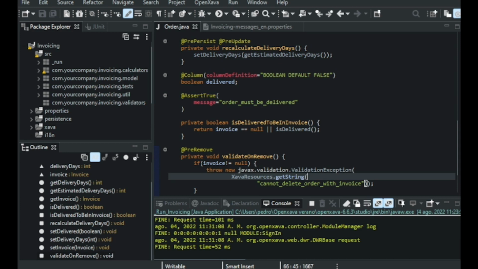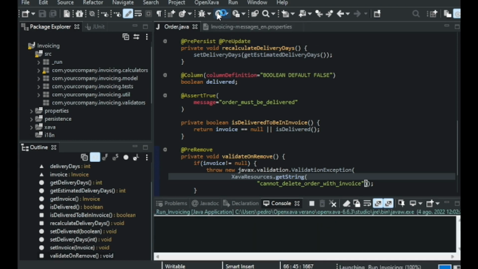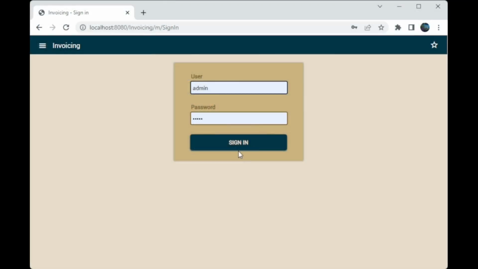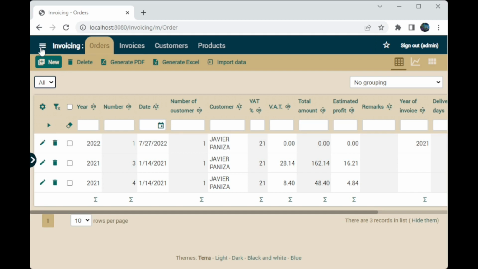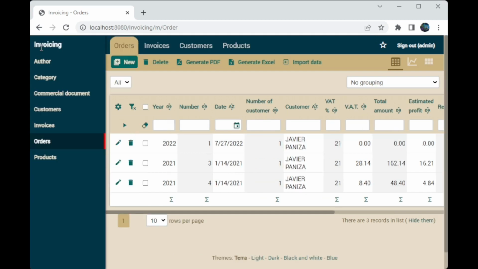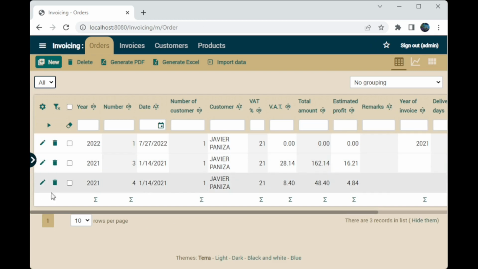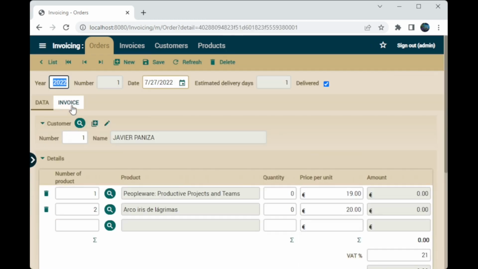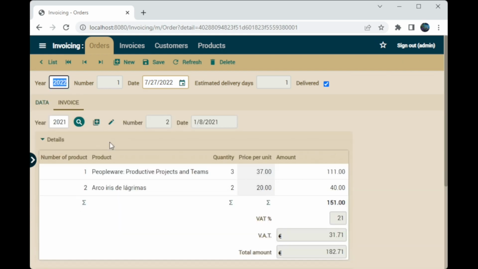So now we're going to try out the validation, and we should have the same result as in the previous validation. So we're going to run our program. Now we're going to sign in to our application, and now we're going to go to the menu. We're going to click on orders, and for example, we're going to look if this order has an invoice associated to it, and as we can see, it does have one.